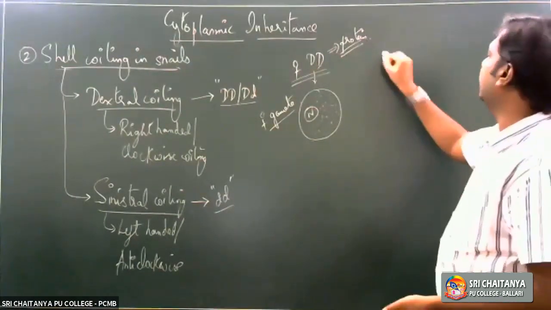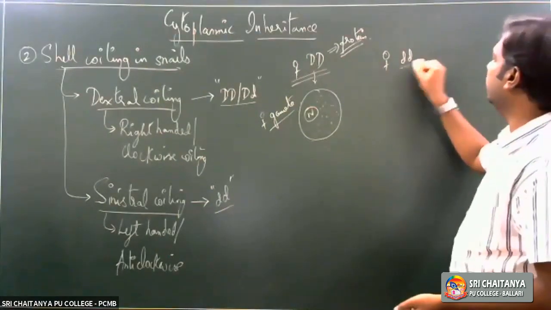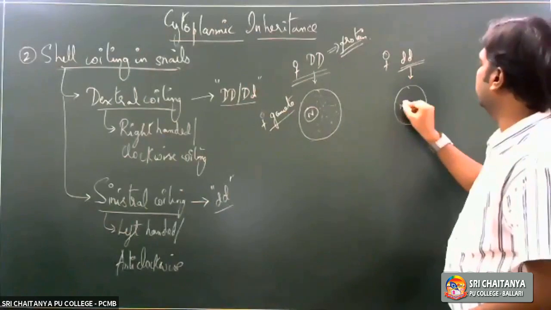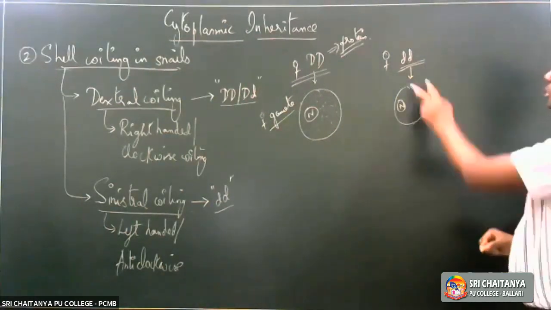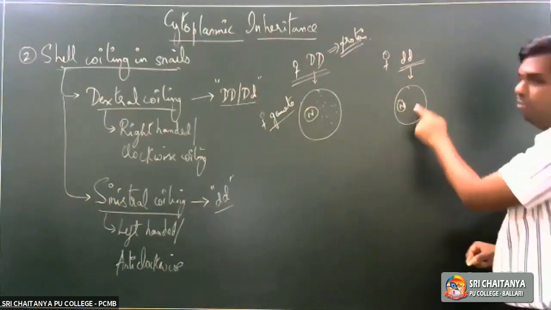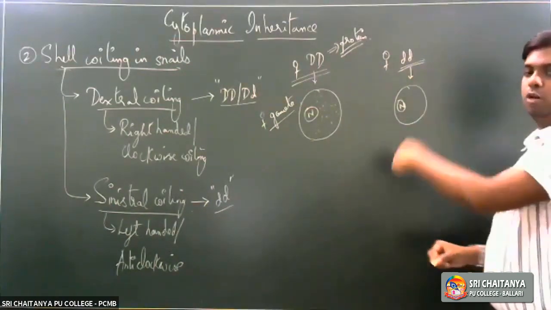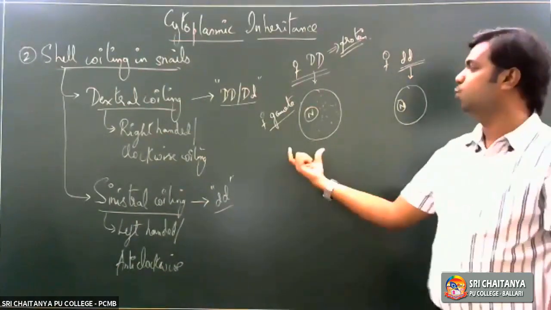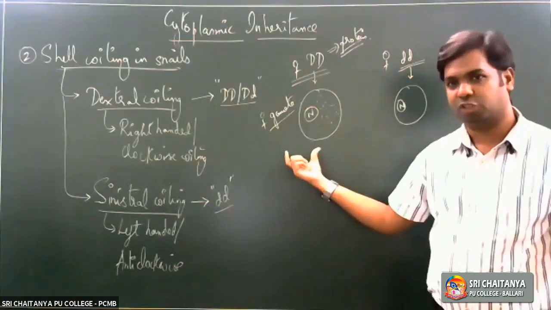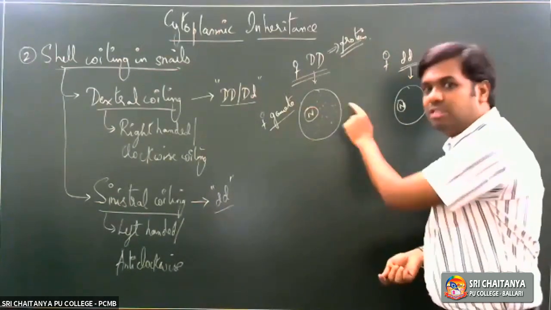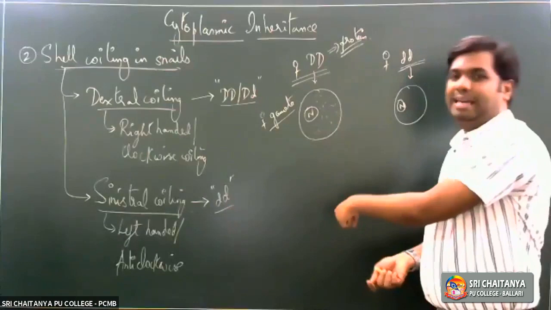Now in the female gamete having small d and small d, what would be the condition here? When this starts forming the gamete, the nucleus is provided as such. Since both the alleles are recessive, the protein will not be formed here. Since the protein is not formed here, this would be termed as sinistral and this would be termed as dextral.